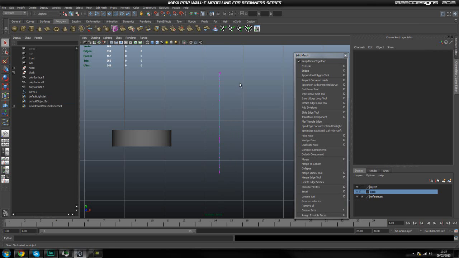Okay, so I'm going to select these and start moving them one by one, just very gently, and then we're going to have to figure out which one is our front point and which one is our back point. But I'm just going to start moving them,